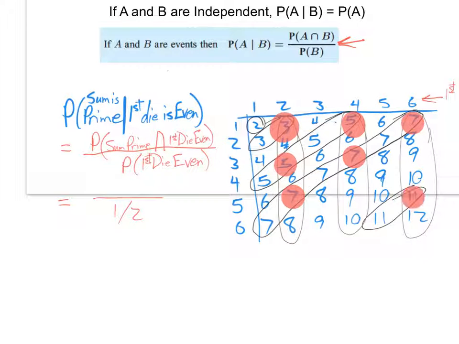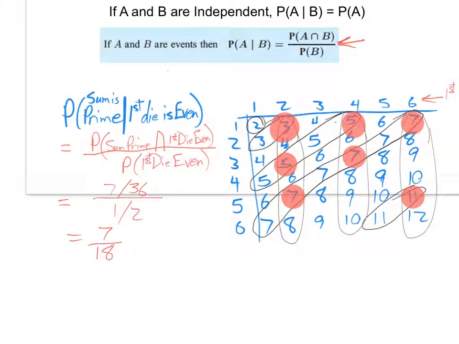Alright, so those 7, I think I got them all. Yep. Those 7 are the number of ways that I could have a prime sum and an even die in the first die. Okay? So, as a result, I have a 7 out of how many chance? Out of 36 chance of being in the intersection. Okay? So now we simplify here, and if you flip that 1/2 and multiply, you'll get 7 over 36 times 2, so that's 7 over 18. We have a 7 in 18 chance